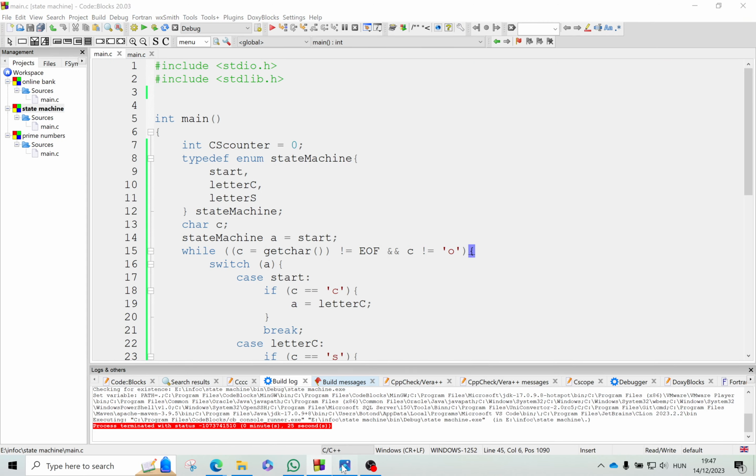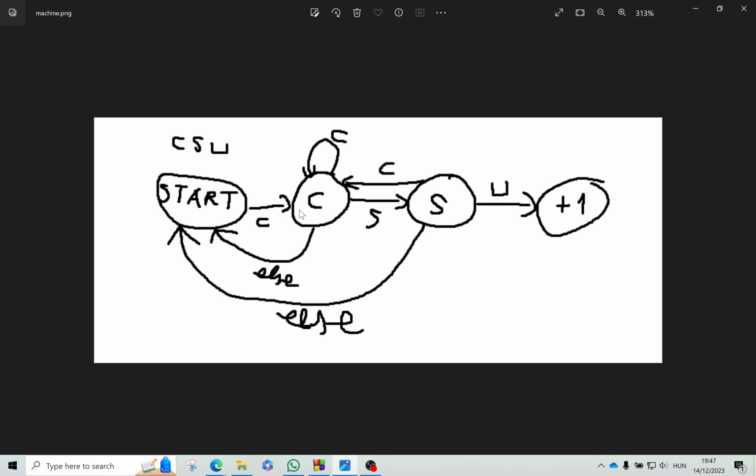But yeah, my experience is that we always had at least one of these kinds of exercises, and these state machines are kind of easy